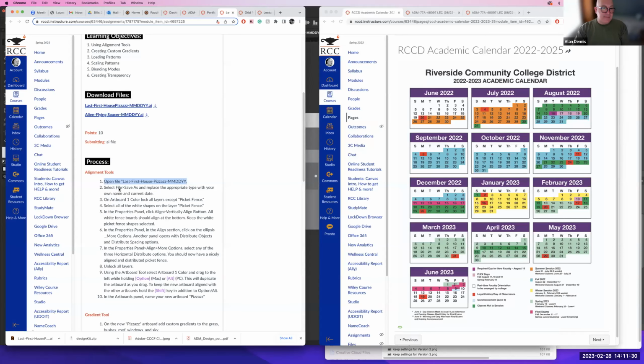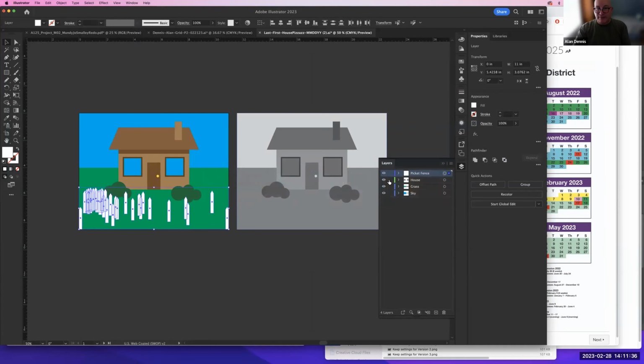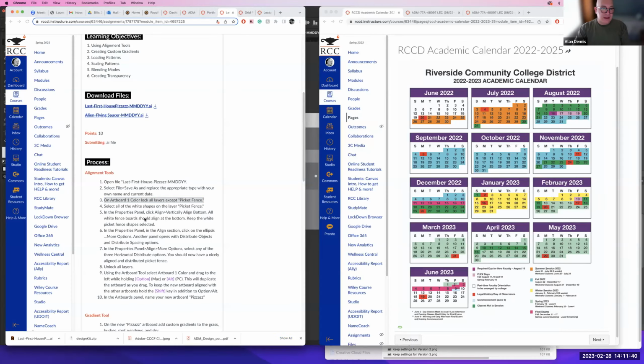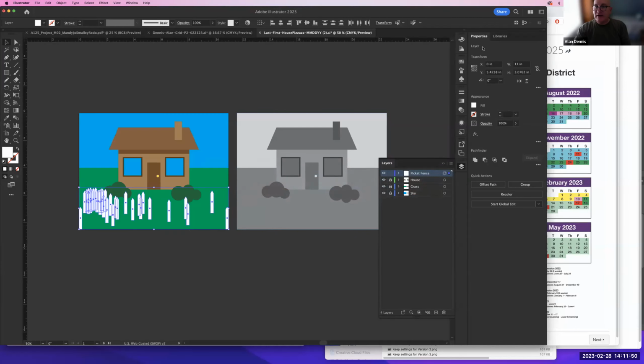Okay, next step, open it, lock all layers except picket fence. Okay, I'll do that. Just lock them by clicking the lock here. Select all the white shapes. Then I'm going to go to, in the properties panel, check vertically align bottom. All the white fence should align at the bottom. Let's try that. Here they're selected, and I go to the